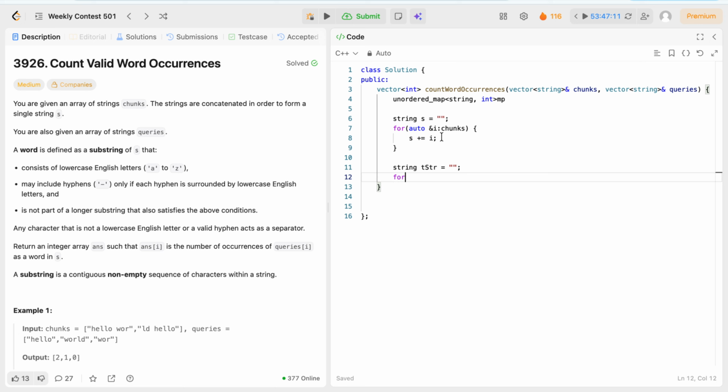We are going to read the whole chunks. Int n is equal to s dot size, for int i equal to 0, i less than n, i plus plus. What is the character at i, character ch. And now for int, sorry,